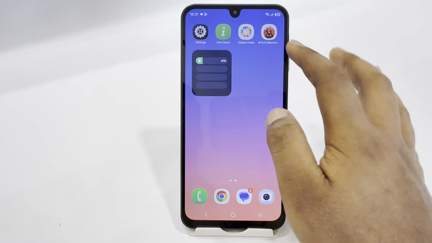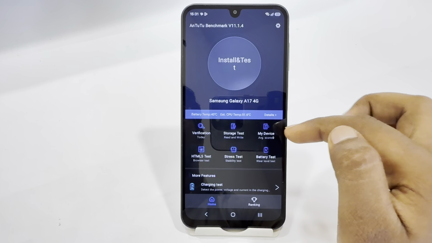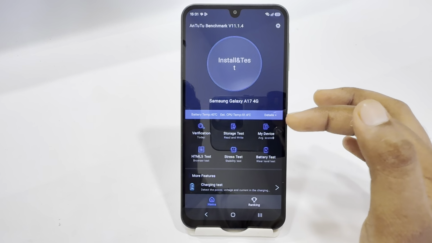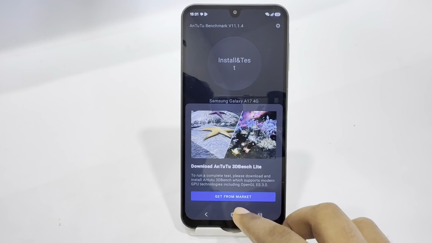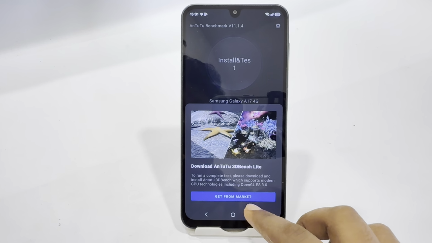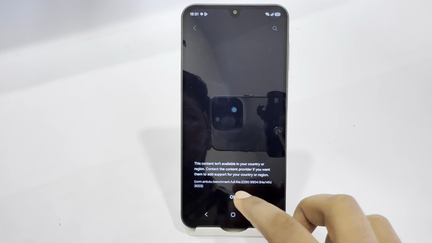Now after installation, just open the app, and in the app you might need to give some permissions to the AnTuTu app. Once you have done that, just click on install and test, and then click on get from market. You have to wait for a few seconds,